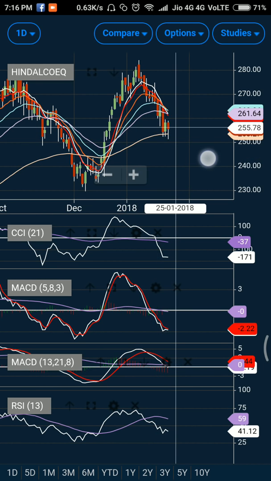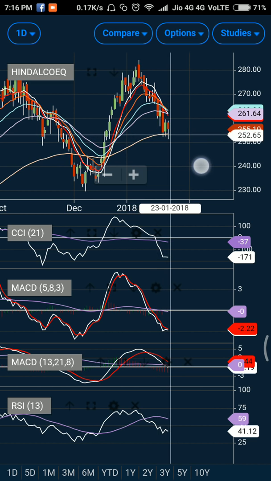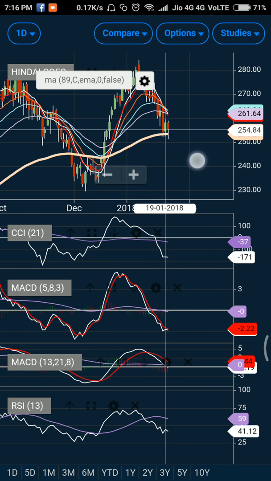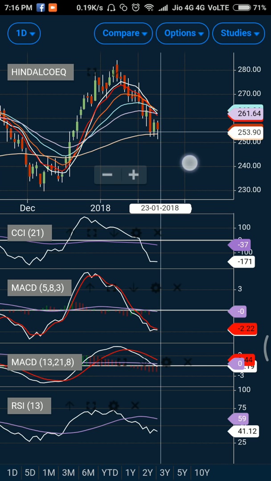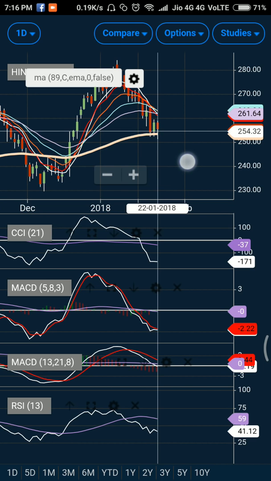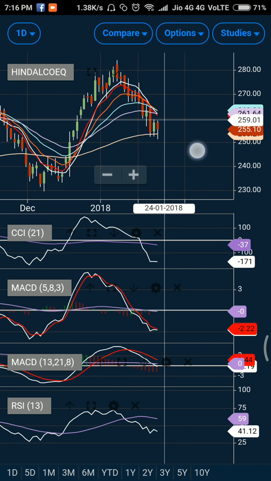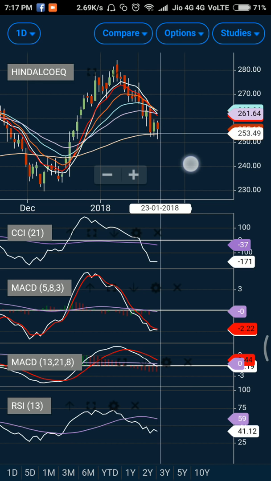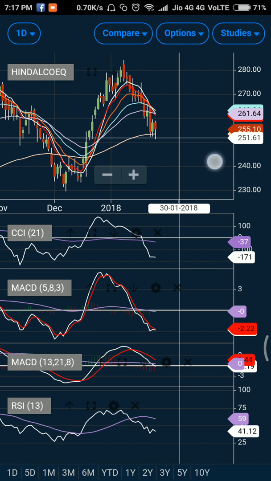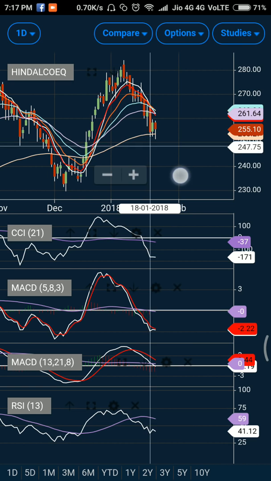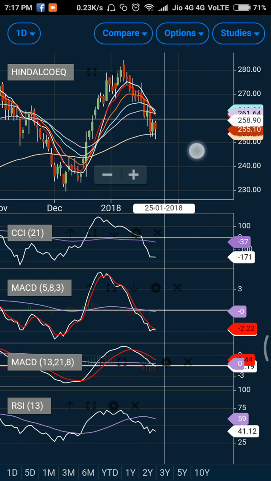But suddenly price took a U-turn and got a good sort of rejection near the 89 days exponential moving average and closed on a high side. Now, given the kind of rejection it has witnessed, definitely the stock has the potential to open gap up, but since we have made a loss and we try to restrict ourselves to one trade per account, we will not go long into this particular stock. However, I feel that the stock has received some sort of rejection near its 89 days exponential moving average and should open a gap up in tomorrow's trade.